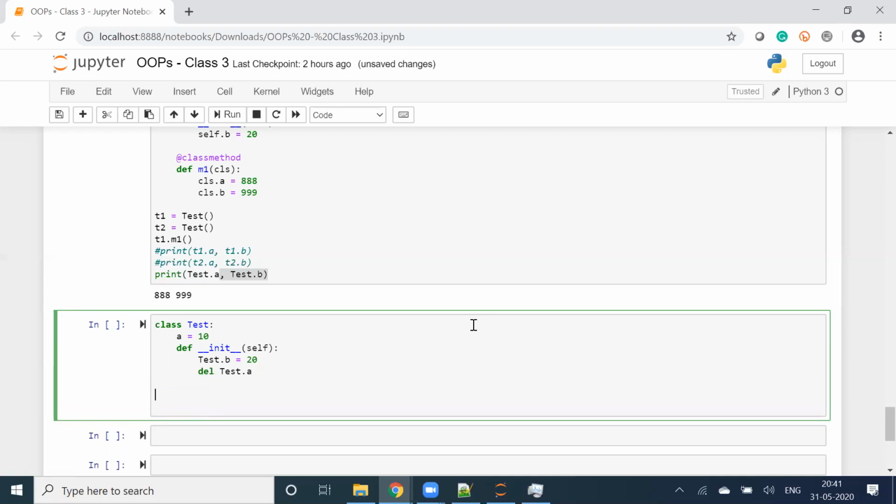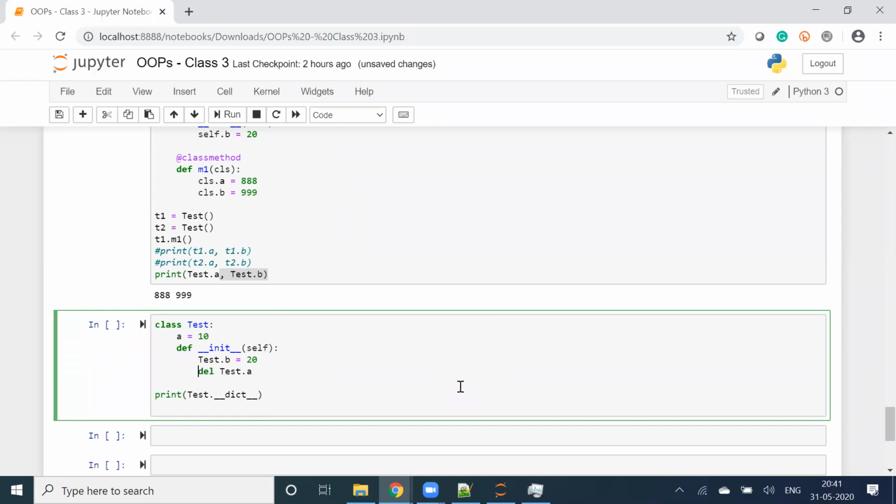Let me do one thing, print Test dot dict. Okay. Anyways, what will be the output?